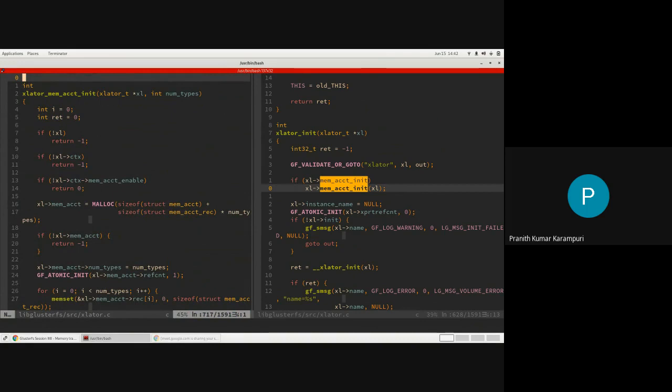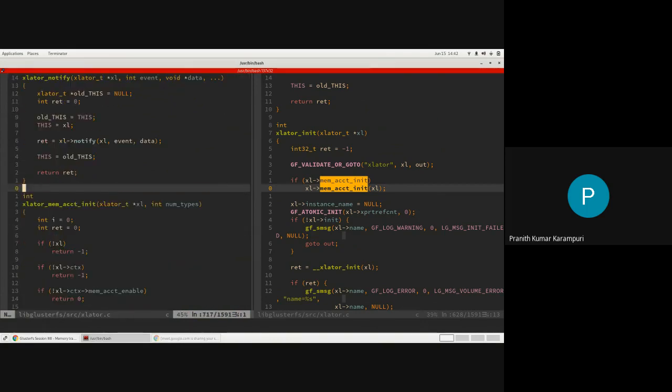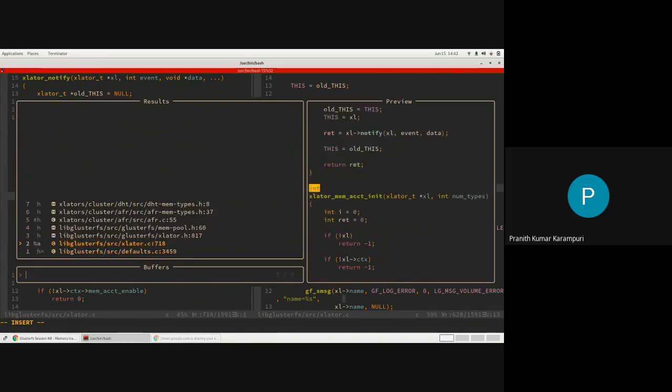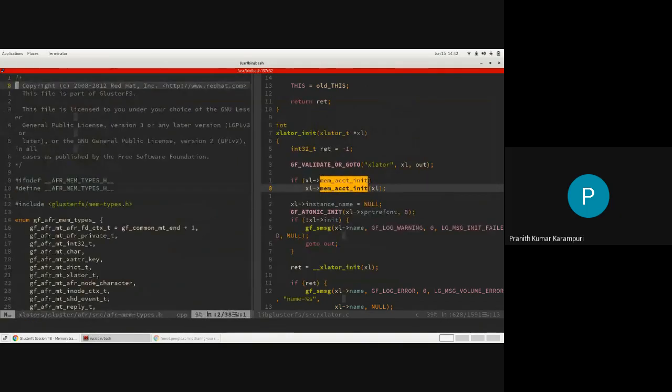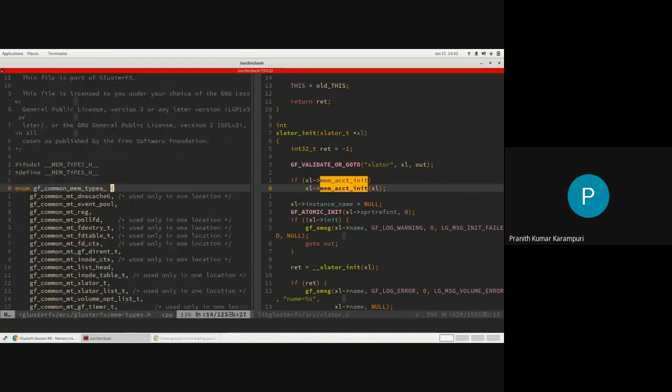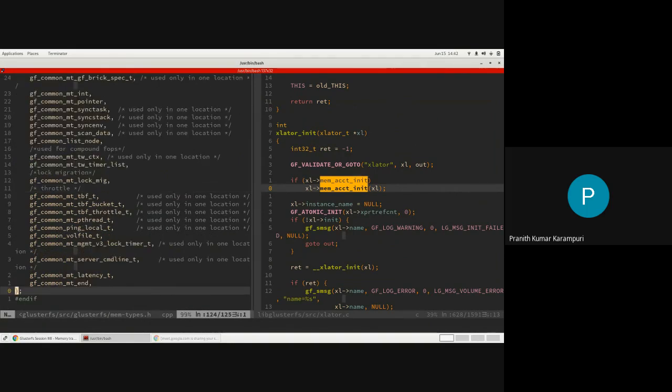Now that we have this available, one more thing that we can probably look at is this number. It does not start with 1. That is because we have these common, non-Xlator-specific structures that get handled in the common library, like libglusterfs.